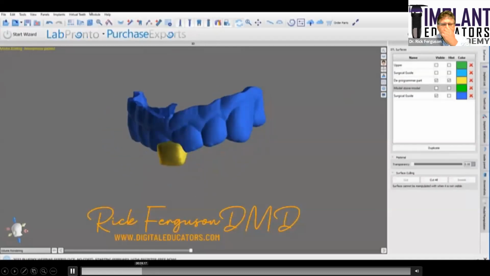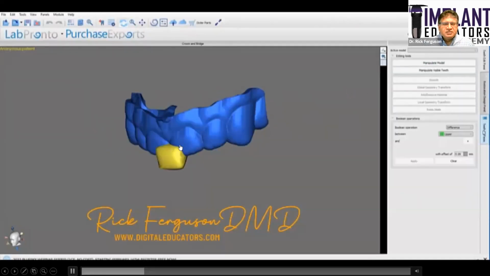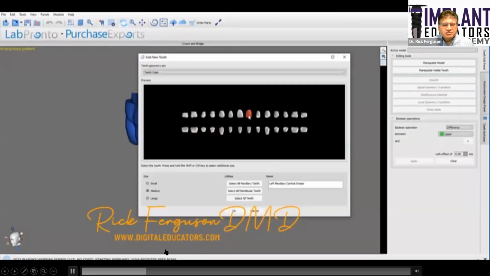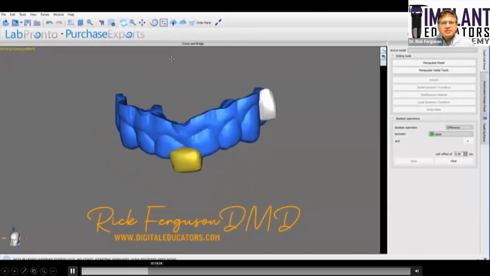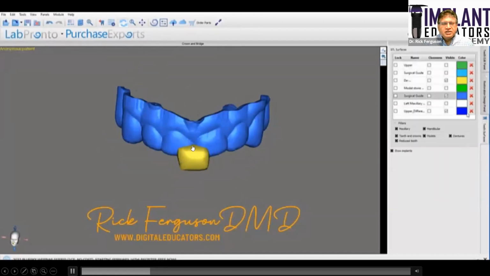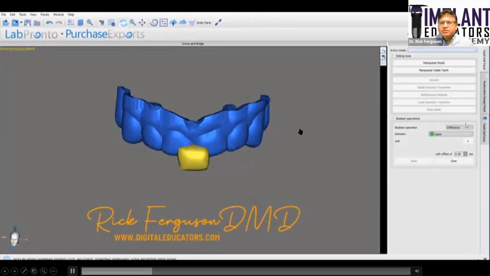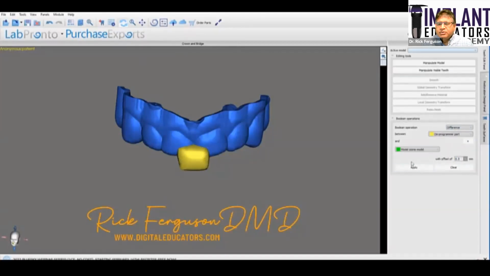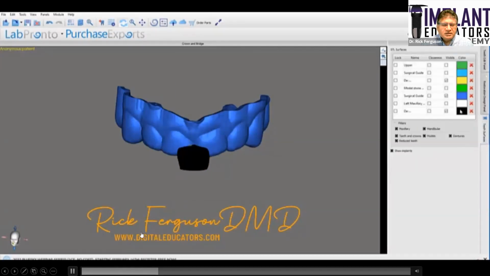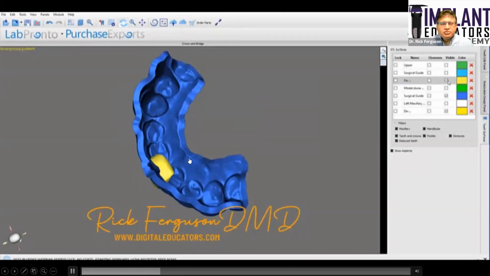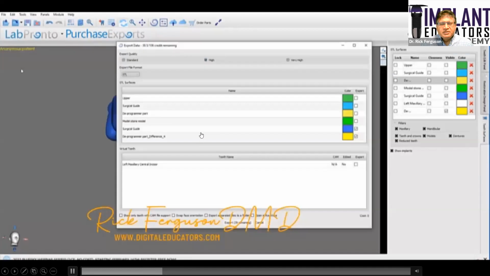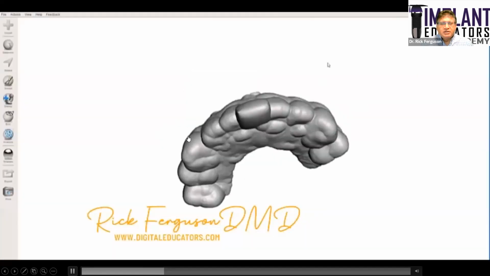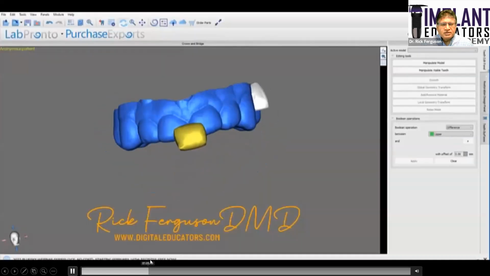And then what we did here was, because this yellow block that you see here is solid, it's actually coming through the deprogrammer. So what we do is we go to the crown and bridge module and use the Boolean subtraction technique and subtract out this part here, the green model from that. So if you look here, we'll see that the green model